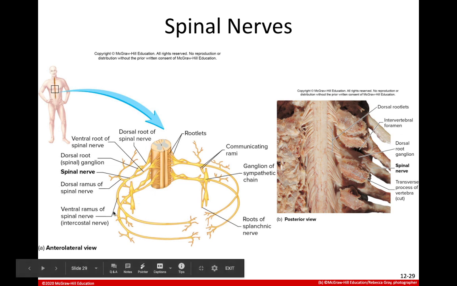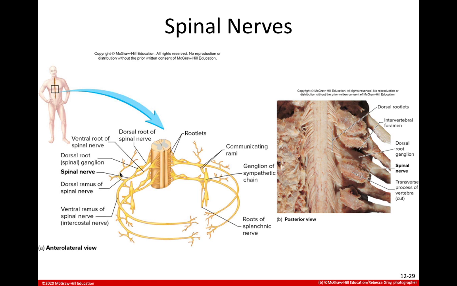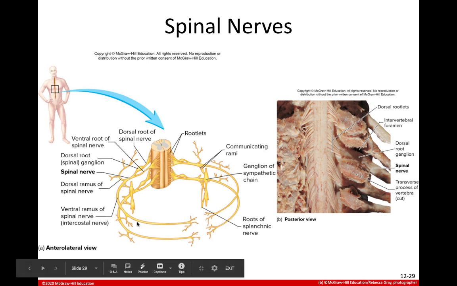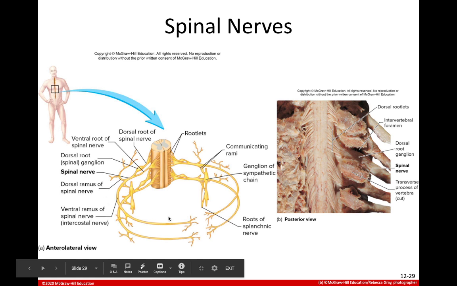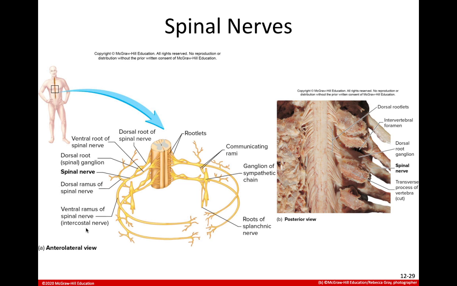So here's our spinal nerve, surrounded by epineurium, containing fascicles, surrounded by perineurium, containing axons, surrounded by endoneurium. We're also talking about rami, dorsal rami, our major branches off of the spinal nerve that are going to be innervating deep muscles of the trunk. Ventral rami innervate different things depending upon which spinal nerves we're talking about. This picture is showing us thoracic spinal nerves, and so these ventral rami are forming the intercostal nerves between our ribs. But if we were talking about C1 through C4 or other spinal nerves, then they would be forming